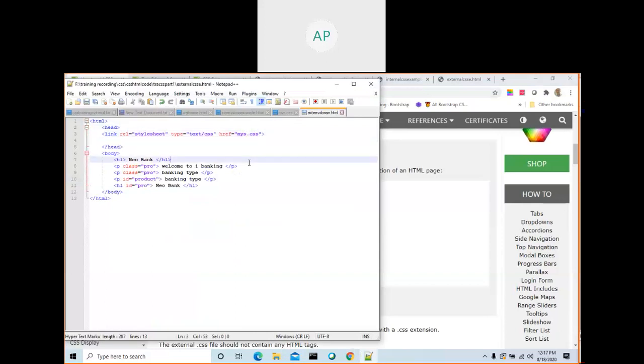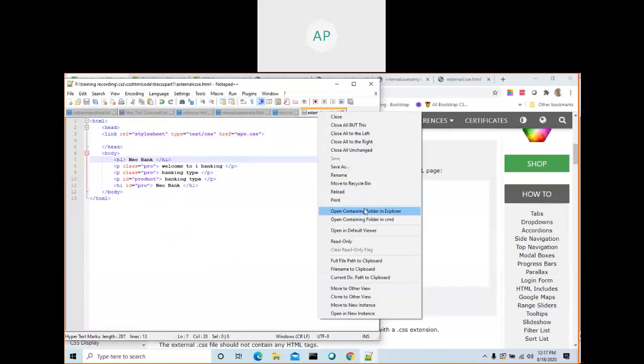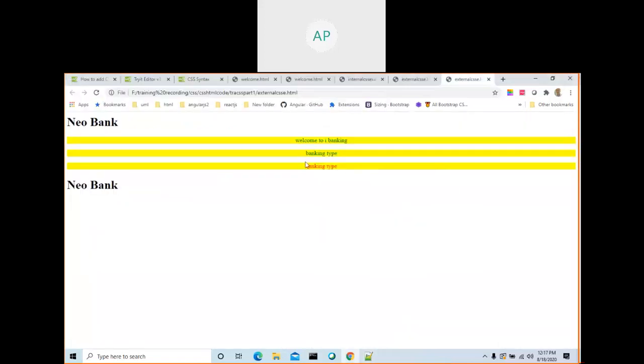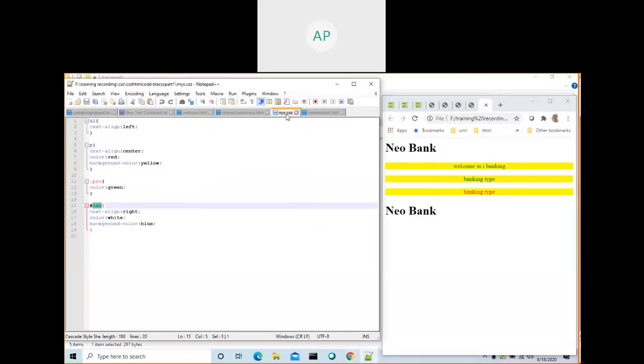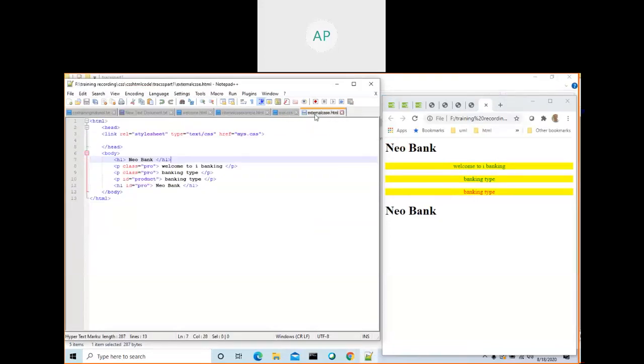Now I will run this HTML. See here, CSS properties applied. Now the CSS properties are applied by using external CSS. You write a separate dot CSS file and you link that CSS file to this one. In the same way, if you write another HTML, just copy this line and paste there so that CSS will apply to that HTML document also. You are reusing the CSS code in one file across n number of HTML documents. That's the benefit.